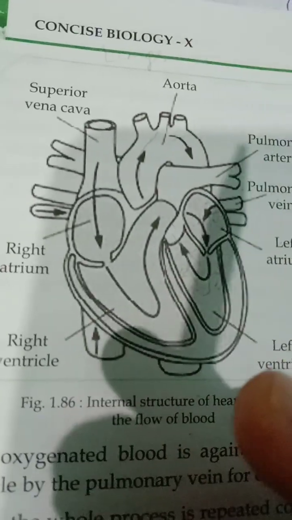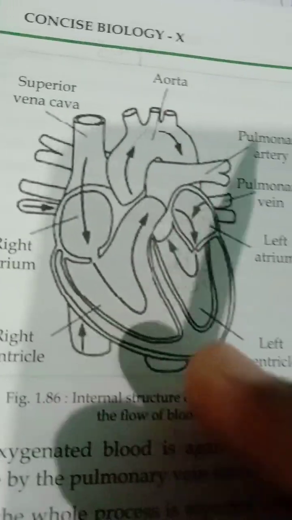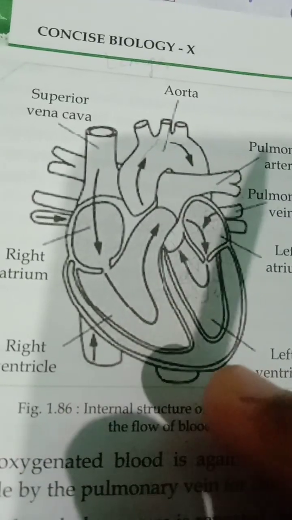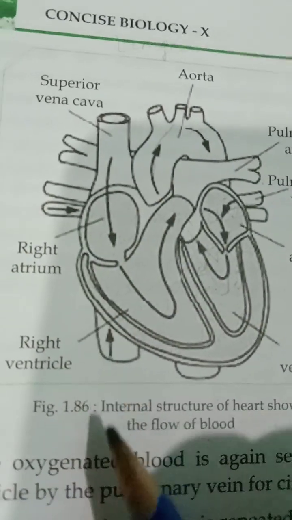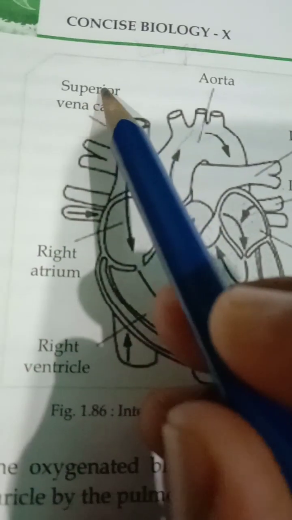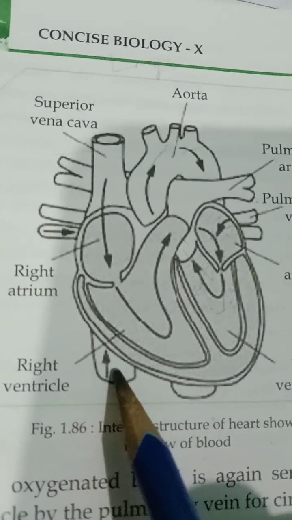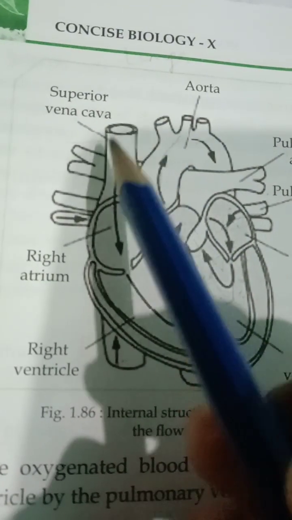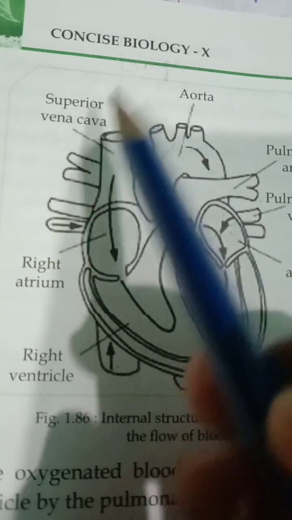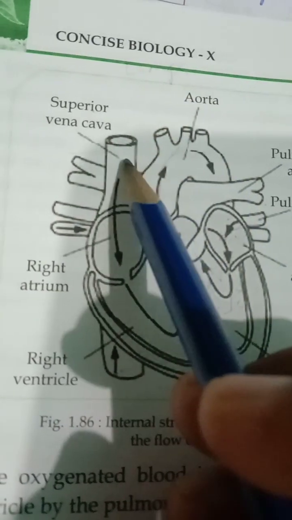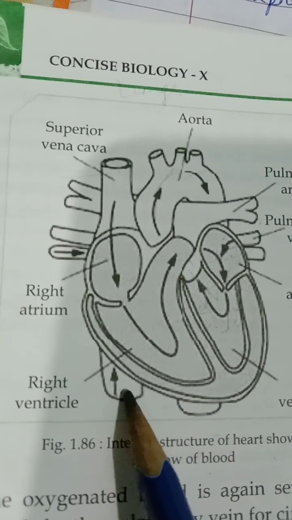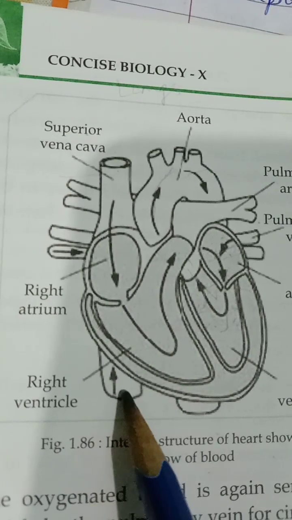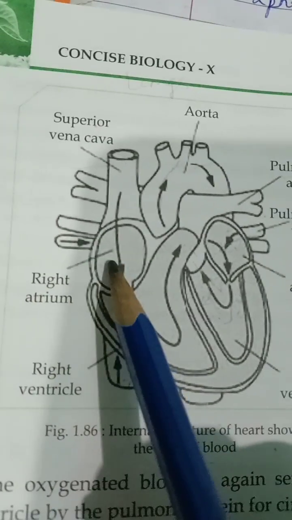Okay, now coming to your body parts, from the body parts the deoxygenated, that means impure blood, which consists of carbon dioxide, is coming towards the right atrium through the vena cava, superior vena cava, and the bottom one is the inferior vena cava. Superior vena cava is taking the blood from your upper areas, head, hands, shoulders. Inferior vena cava is taking the deoxygenated blood from your abdominal part, and it is pouring inside